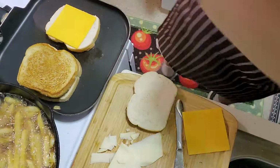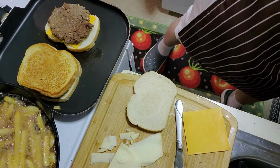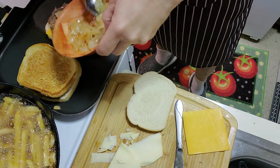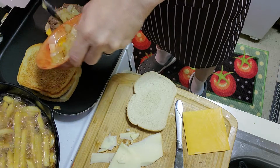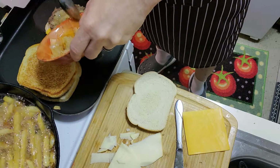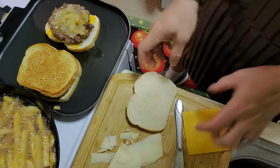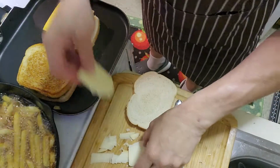And melt here. There we go. Onions, caramelized onions. There we go. Piece of cheese, and then